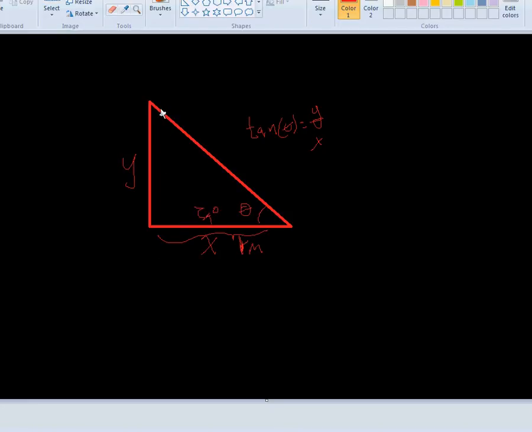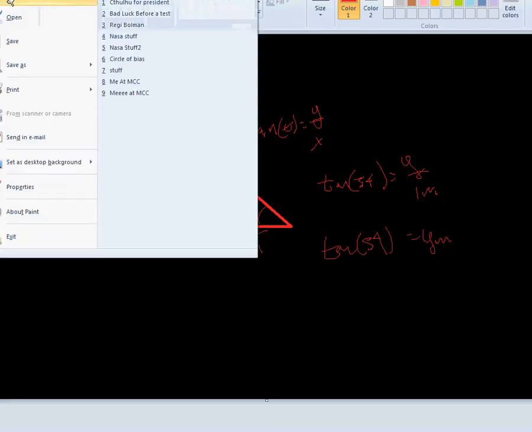And I want to know how far away this point is from my base, my x base, okay? If that's 54 degrees. So what I have here is the tangent of 54 is equal to y over 1 meter. So tangent of 54 is equal to y in meters. Okay? So knowing this, I can go on to the explanation for